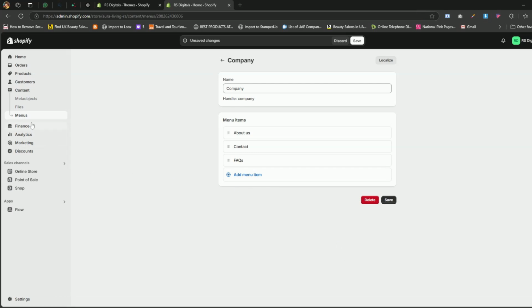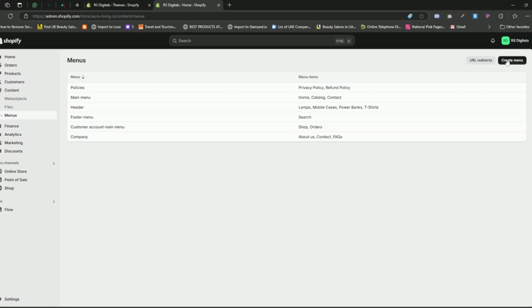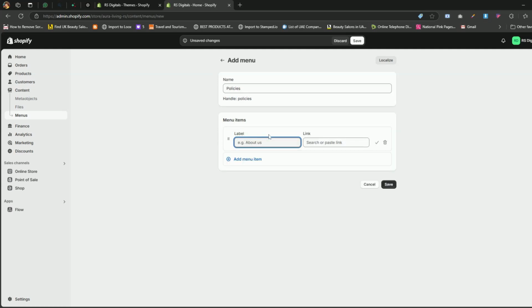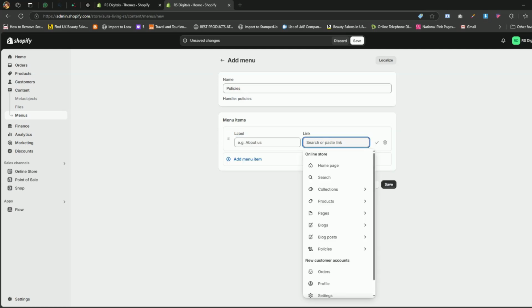Now, let's create the final menu for the footer, Policies menu. Simply click on the Create Menu button again. I'm going to call it Policies since we'll be adding all of your policy pages to this menu. Next, click on Add Menu Item, and when you click the link box, select Policies from the list to see